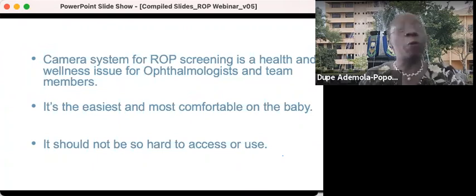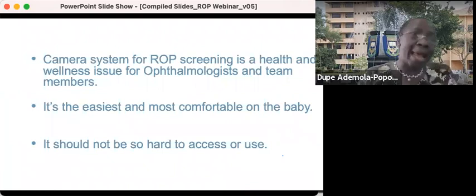The current state of ROP imaging in Nigeria, and I dare say in most parts of sub-Saharan Africa, is that most people use the indirect ophthalmoscope. And the effect on the neck